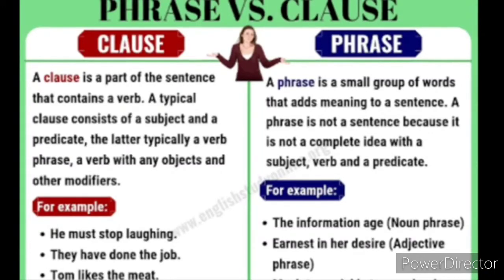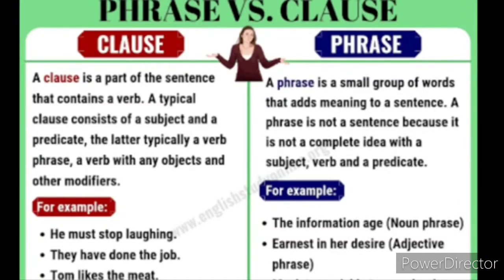We know already, children, in a sentence we will have subject, verb, object and everything. So a typical clause contains a subject and predicate. So, in a sentence, when it gives complete meaning with subject and predicate, then it is known as clause.